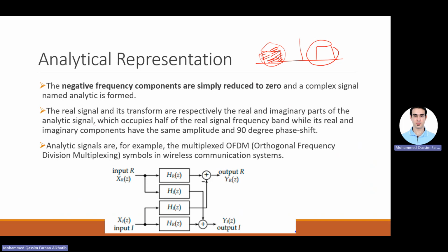Have you taken single sideband modulation or not yet? Double sideband suppressed carrier, single sideband. If you remember, in single sideband you have this Hilbert transform to create the 90 degrees shift. In the single sideband modulator block diagram, you have the signal and a 90 degrees shift using the Hilbert transform to produce the single sideband. Analytical signals are used, for example, in orthogonal frequency division multiplexing in wireless communication systems. That's probably a topic you will take next year. So that's a block diagram